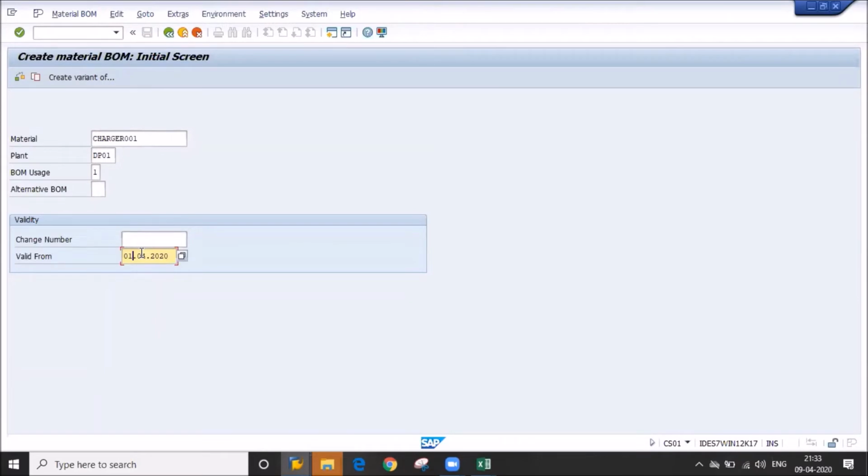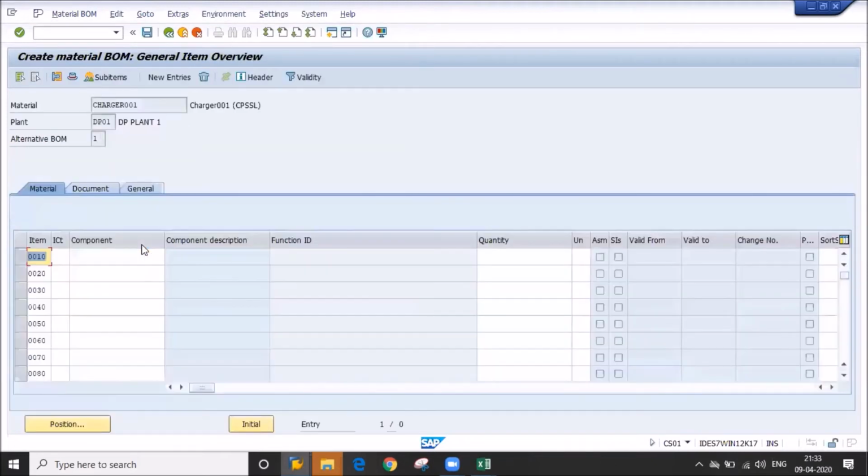Understood? So always try to give valid from 10 to 15 days back. So I'm giving this entry. I will enter it.